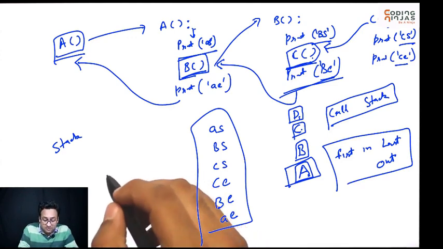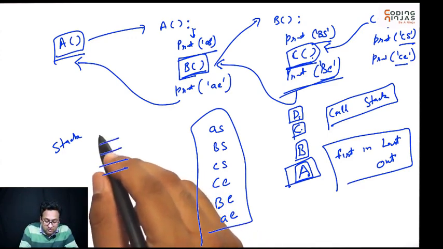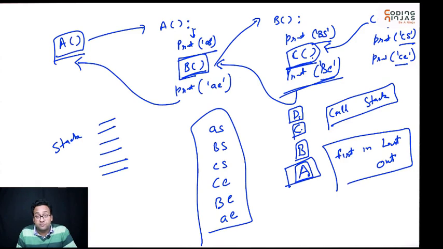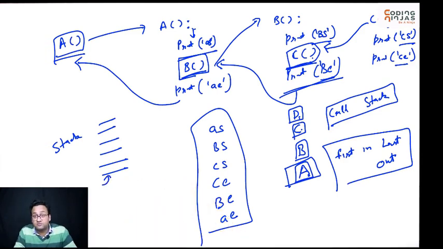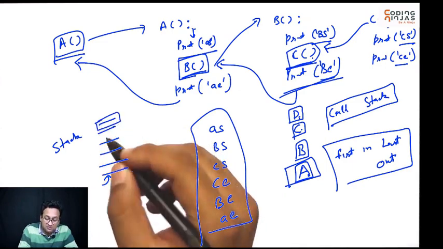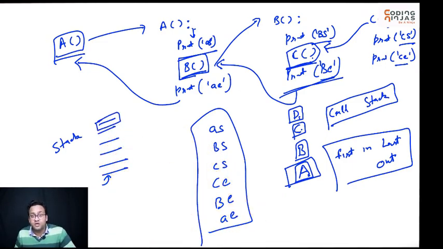For example, a book stack. You have a lot of books, right? The first book that was kept will be the last which will be taken out. This book came last, but this will be the first one to be removed. So this is a book stack. So stack is basically a word. We'll study about this in data structures as well. Stack is a data structure which basically signifies first in last out or last in first out.